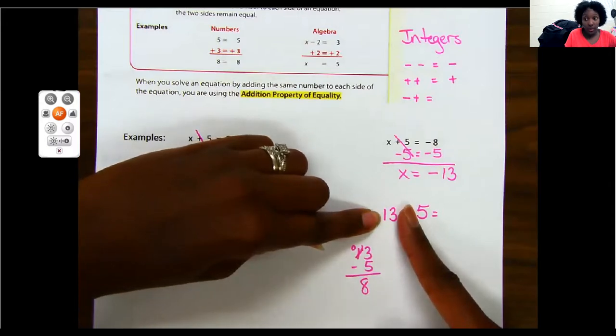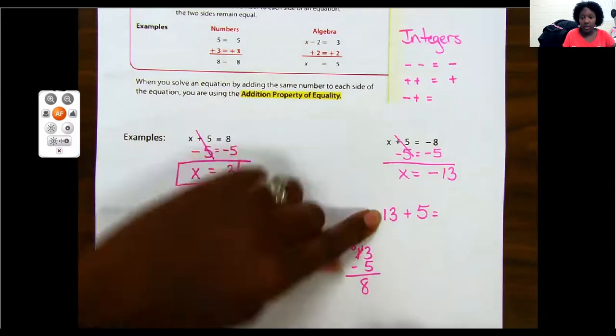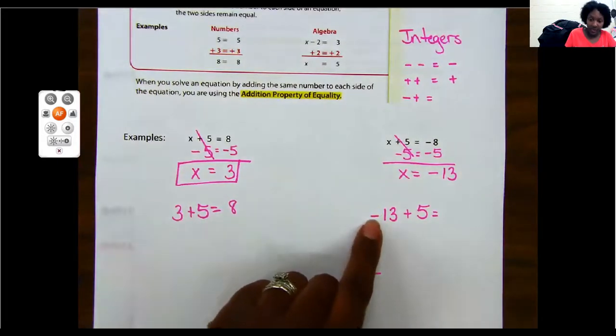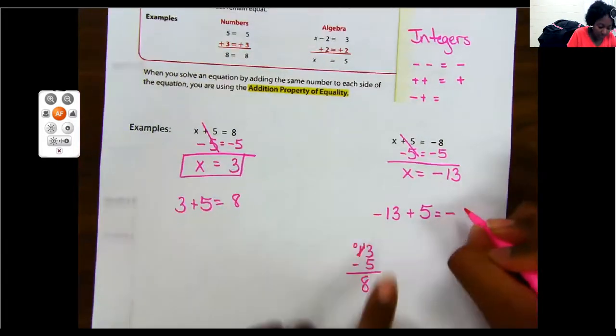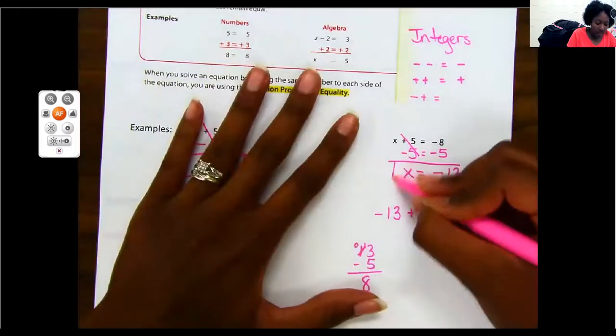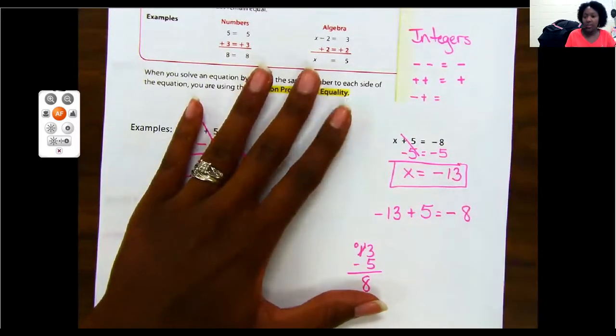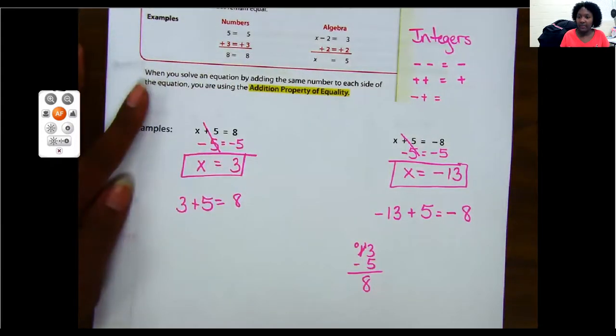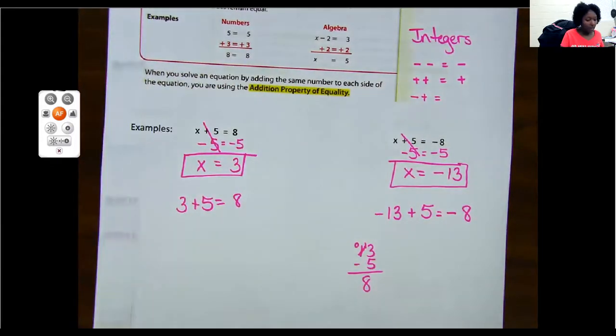The bigger number is 13, so I'm going to keep the sign that's in front of it, which is a negative. So negative 8. And that matches what I had up here in the problem. So therefore, my answer of x equals negative 13 is correct. Okay. All right, let's do another